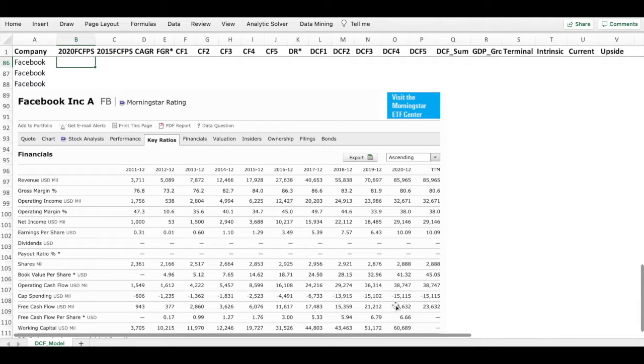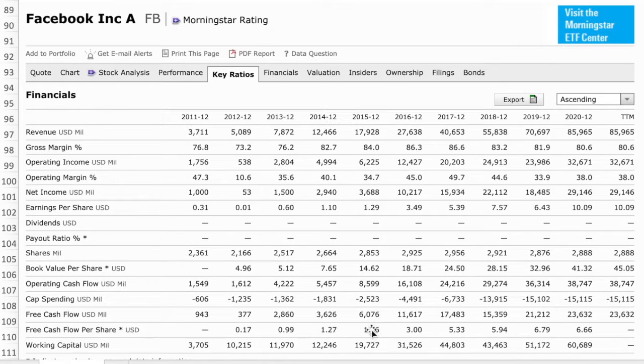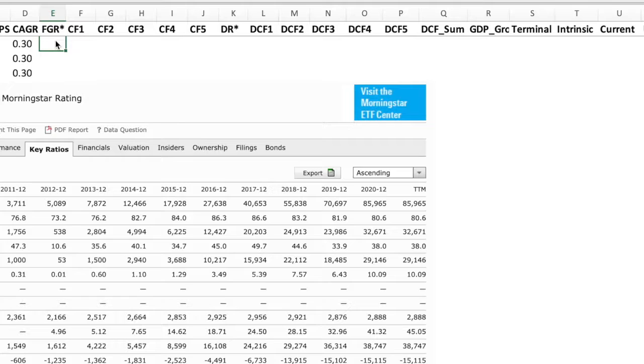2020, Facebook had 6.66 free cash flow per share. 2015, Facebook had 1.76 free cash flow per share. Over the past 5 years, Facebook has been growing free cash flow per share at 30% per year. So if we assume that Facebook is going to continue to grow at 30% per year,